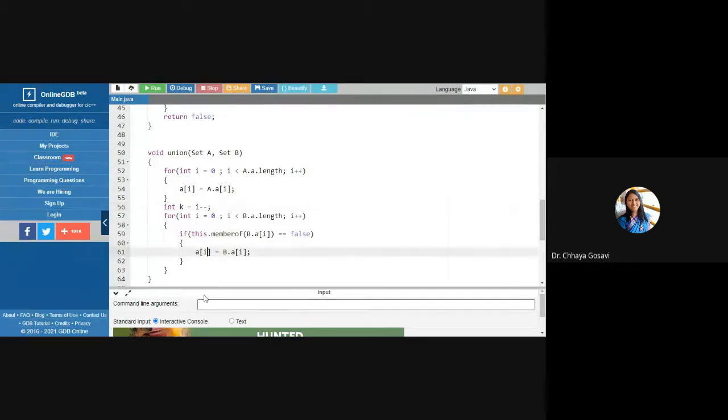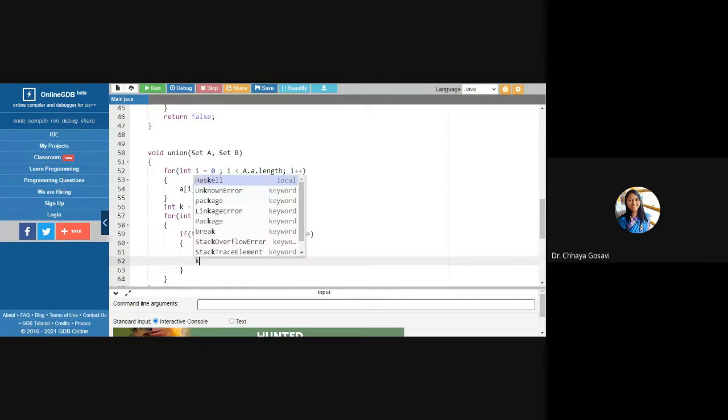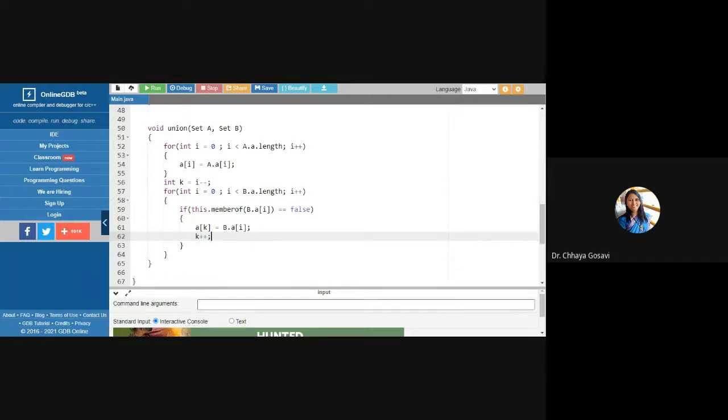And here in k, I have to copy this value and k plus plus. Till a is equal to 0, 1, 2, 3, when a becomes 4, you'll come out of this loop. Then this a should be 4, so no need to decrement i, it should be i.